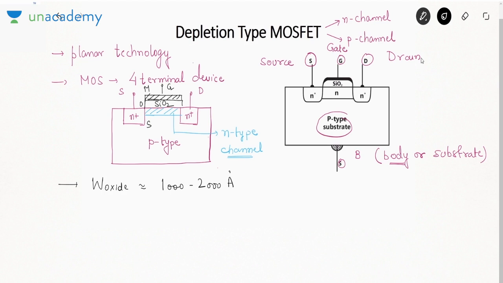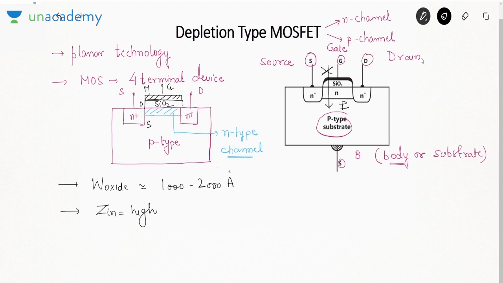Because we want the layer to have sufficient width so that no current can flow from the gate. Due to this oxide beneath the gate, current does not enter the gate terminal, or the current is always 0. Now due to this oxide layer, the input impedance of the MOSFET is very high. I told you in the previous slide also.